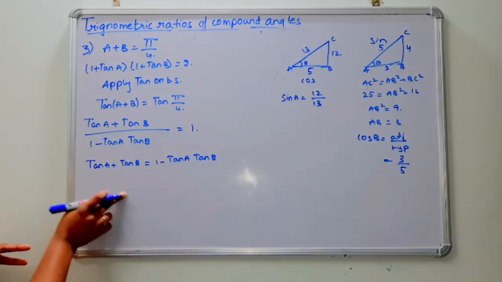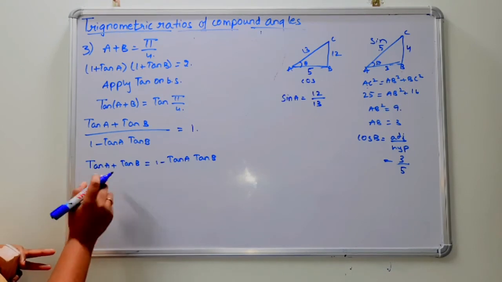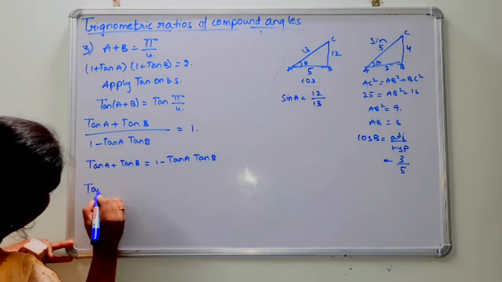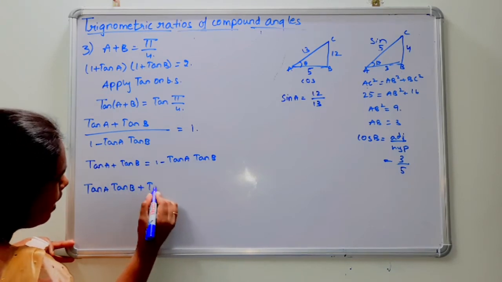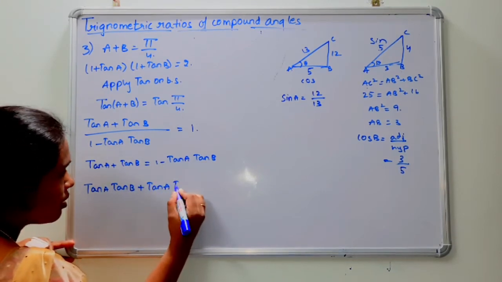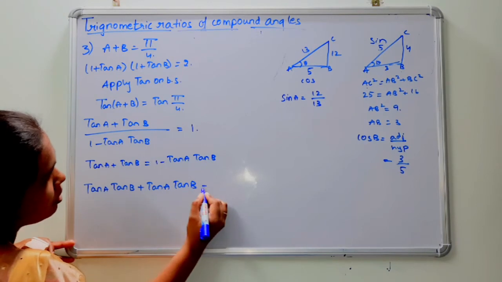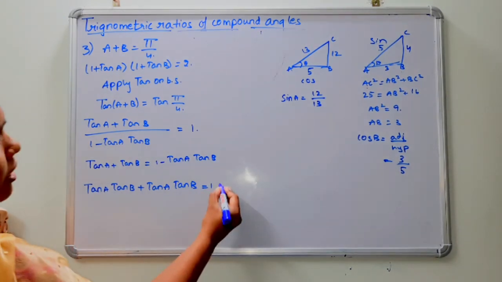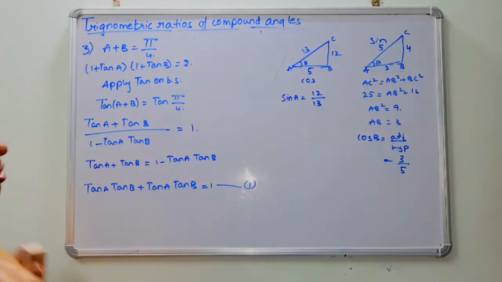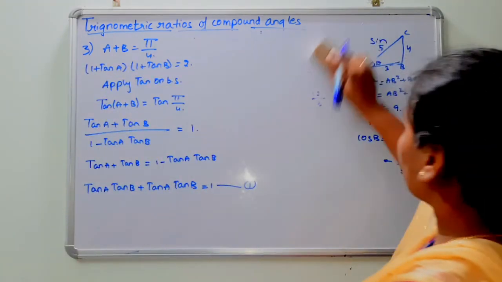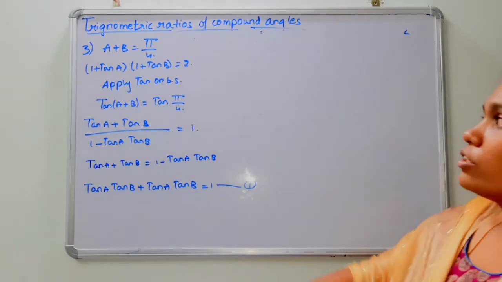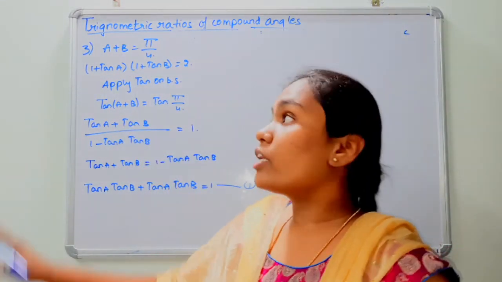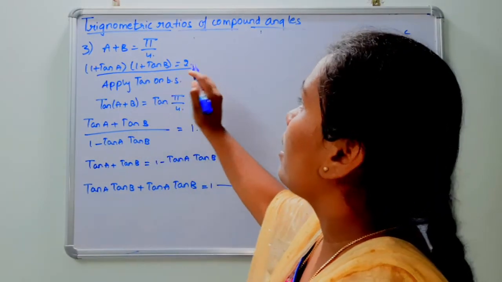Send this minus tan a tan b to the left hand side. Tan a plus tan b plus tan a tan b is equal to 1. Let us call this the first equation. Okay? Let us call this the first equation and leave it. So, in order to prove the LHS equals the RHS,